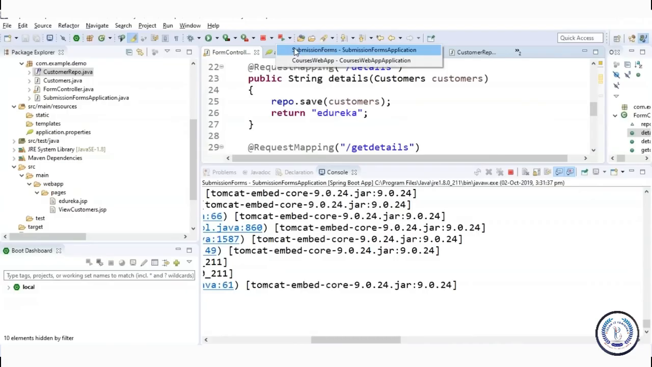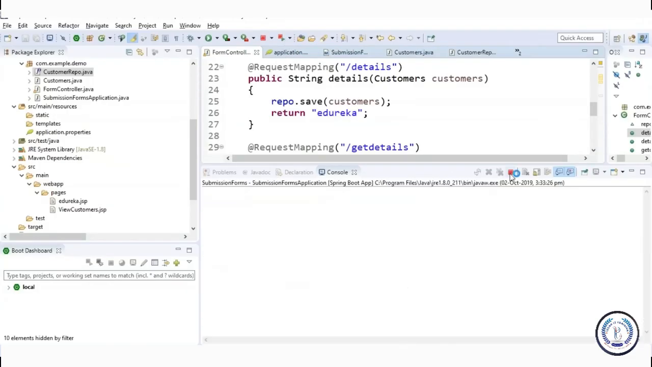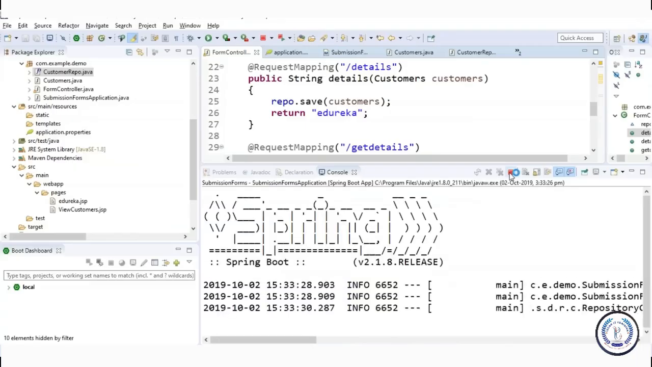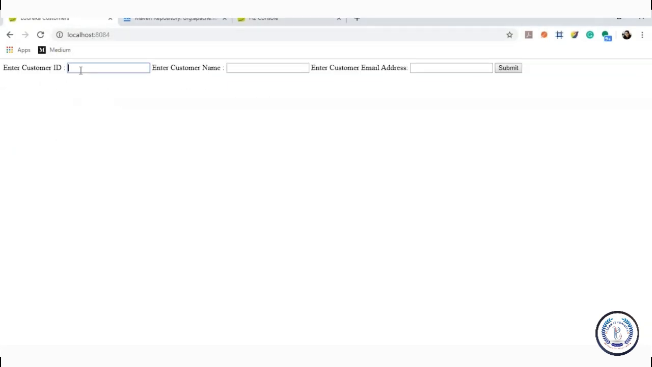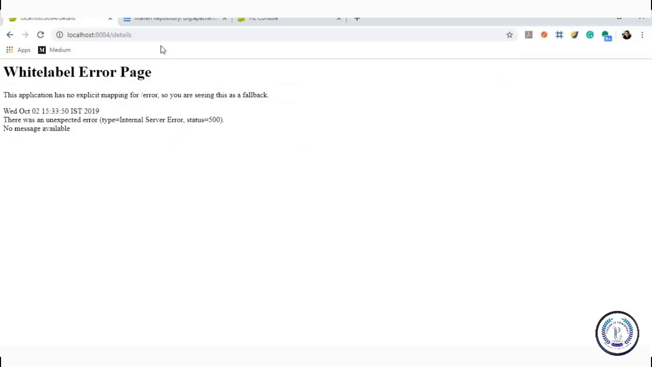Right, and now let's say I relaunch this particular application. Let's see what happens. And what I'll do is I'll go to localhost 8084. I'll mention customer ID 1, name and email to be this. I'll click on submit. And once I click on submit, you again see an error that there's a problem with